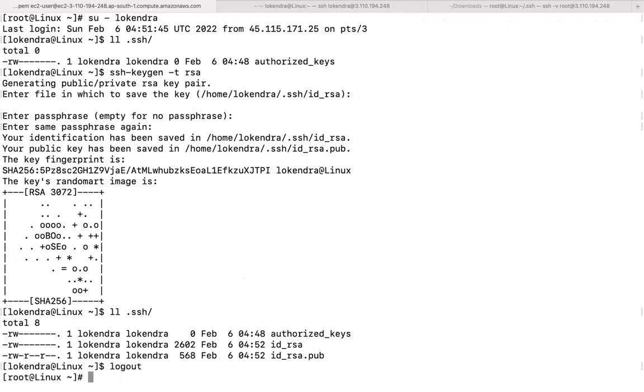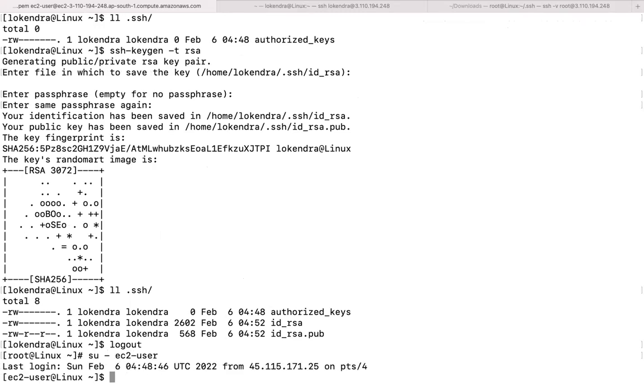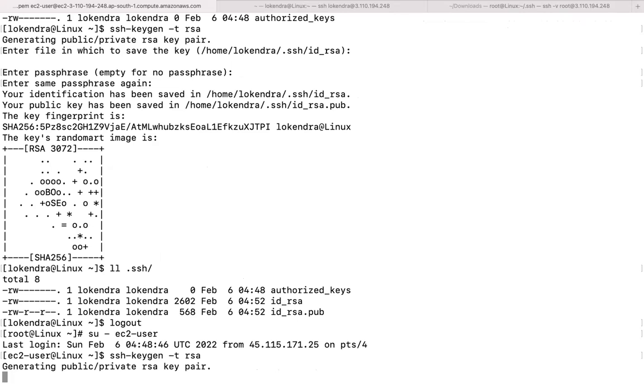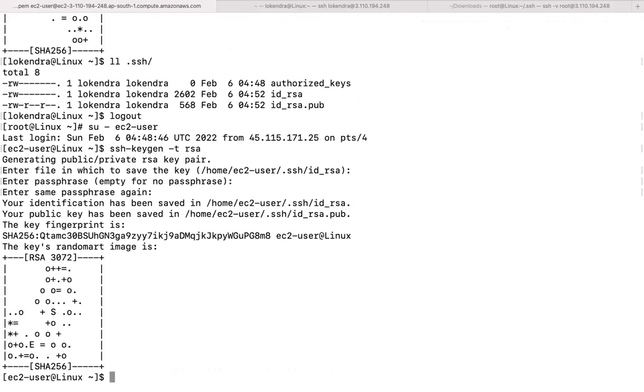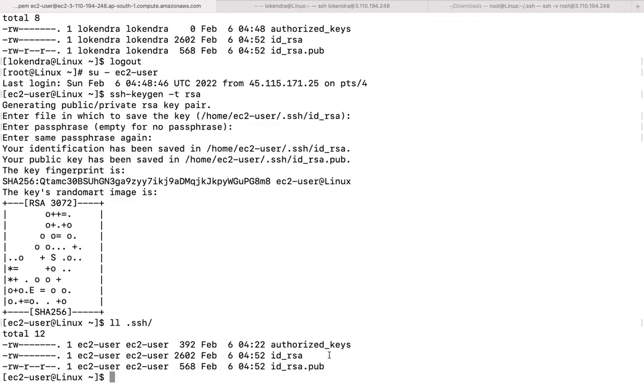If you want to generate a different key for user ec2, just switch to that user with su - ec2-user and run ssh-keygen -t rsa. So every individual user will have its own key. Sir, we are creating this key for the particular user, so that in future we can share these keys. We will share. Okay, let us say